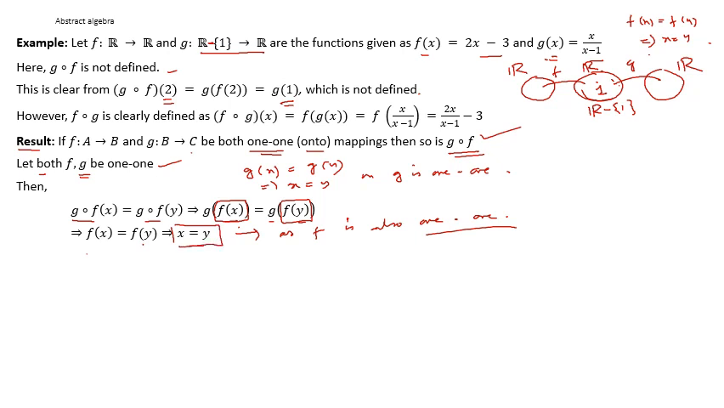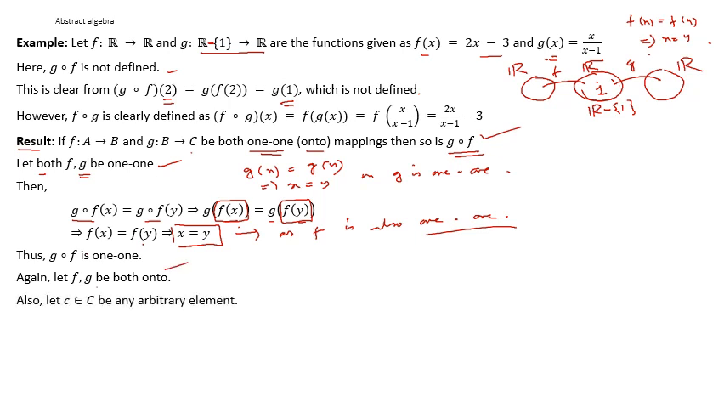so that means gof is 1-1. Again, আমরা ধরে নিচ্ছি যে f and g are both onto mapping, অর্থাৎ দুটোই সাবজেক্টিভ ম্যাপিং। Now c being any arbitrary element belongs to capital C, অর্থাৎ f, this is A, this is B, this is C, f is from A to B, g is from B to C,